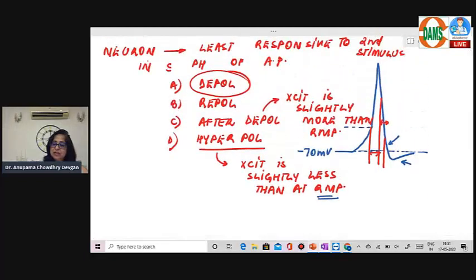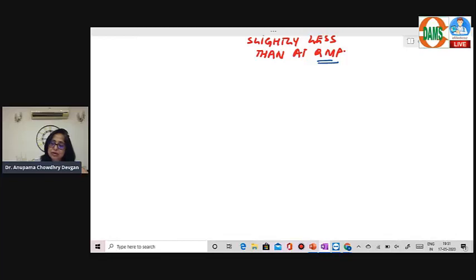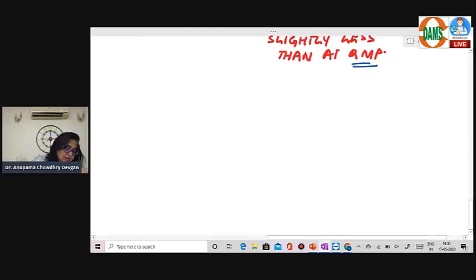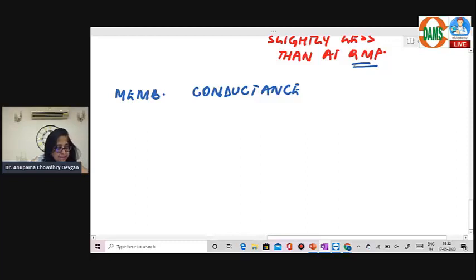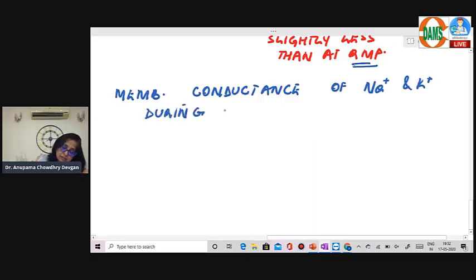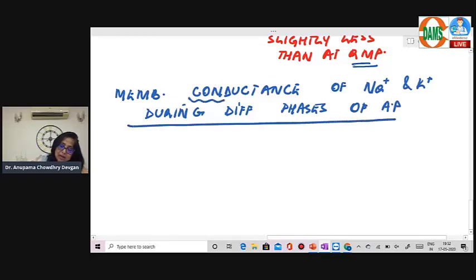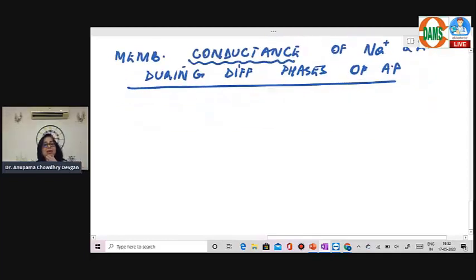Now, this is as far as your absolute refractory period. The next important topic that we are going to discuss is the membrane conductance of sodium and potassium during different phases of the action potential. Please understand, we are now discussing membrane conductance. When I say membrane conductance, this basically means how much of